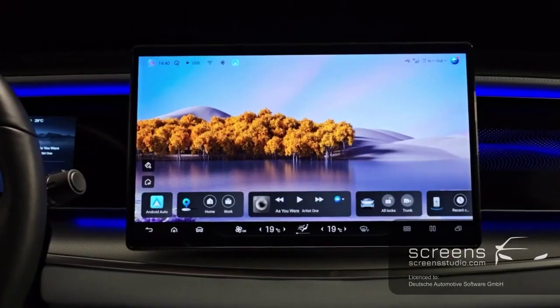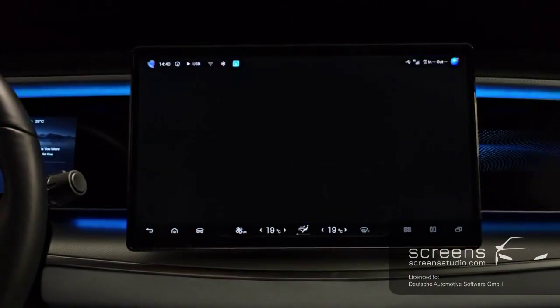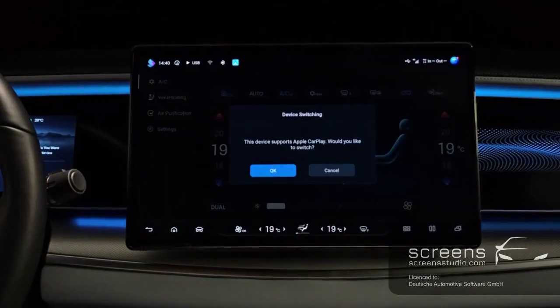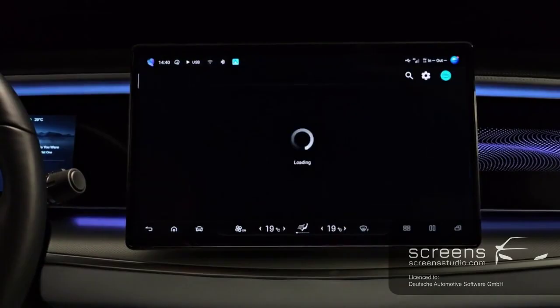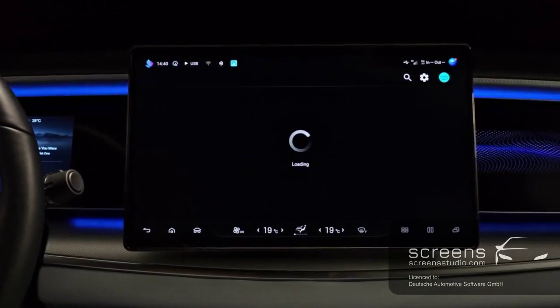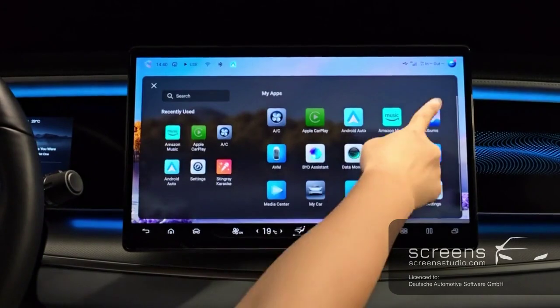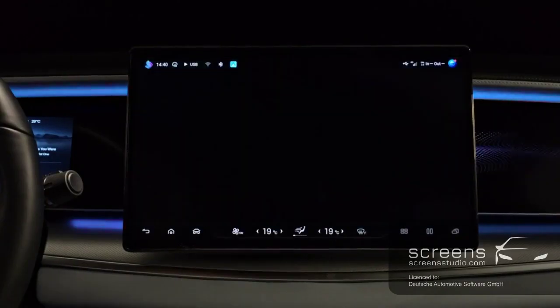Last, let's take a look at all the features. We have AC, Apple CarPlay, Android Auto, Amazon Music, albums, AVM,